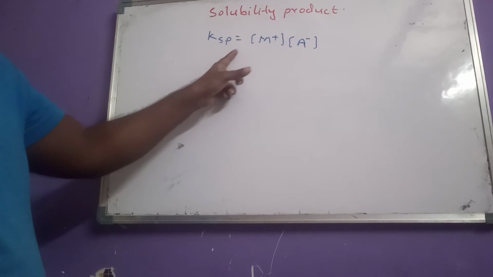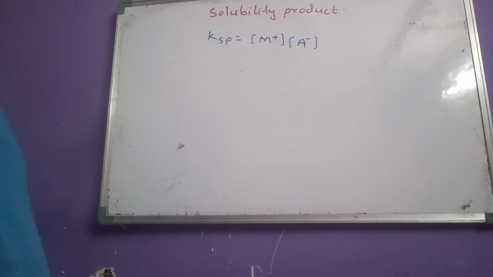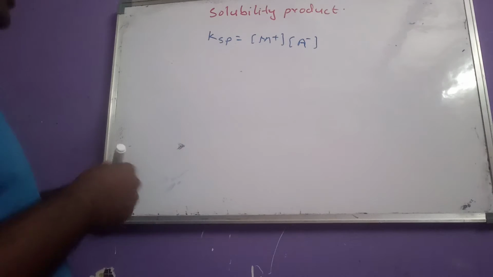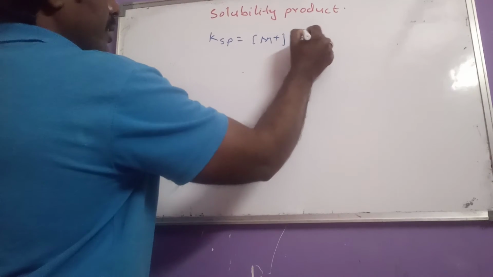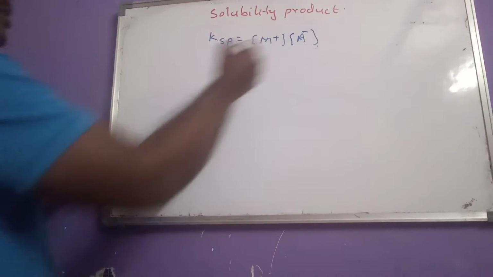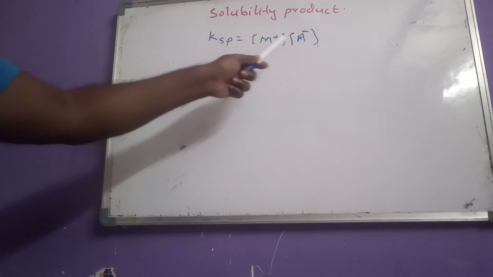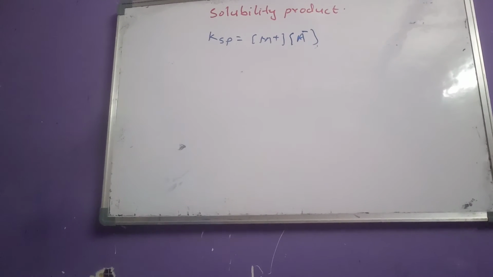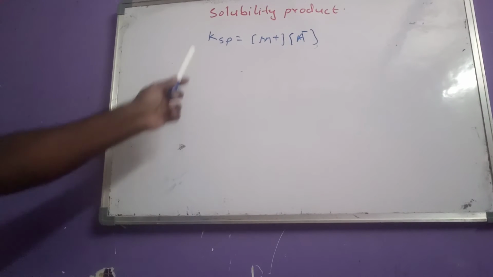These are the cation and anion of a given salt. So what is the definition? The product of the M plus and A minus concentrations, the product of the concentration terms of cation and anion in a saturated solution, is known as